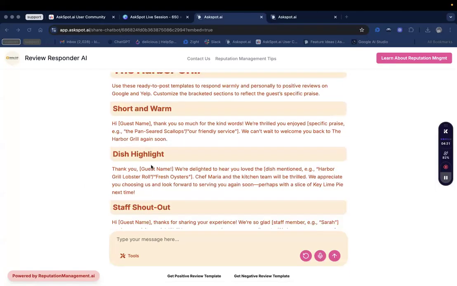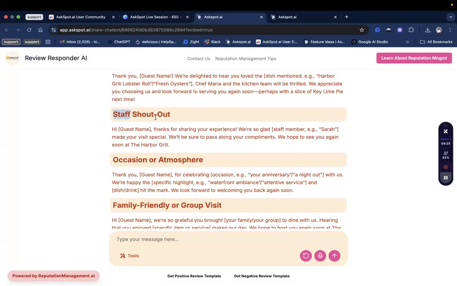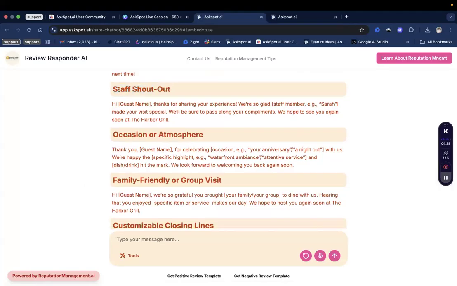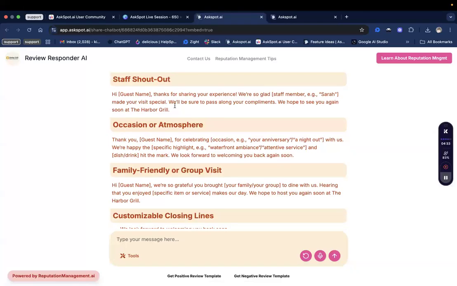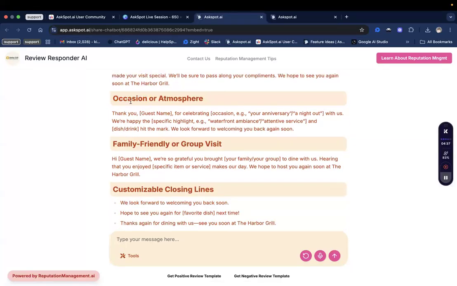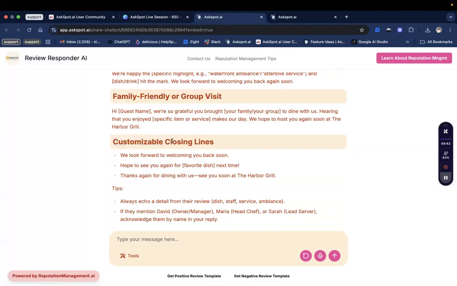So you've got short and warm, you've got the dish highlight, you have a staff shout out. Sometimes it happens so that a consumer mentions a specific staff name, saying that we had the best time with Katie, something like that. This one's for occasion or atmosphere, family friendly or group visit,